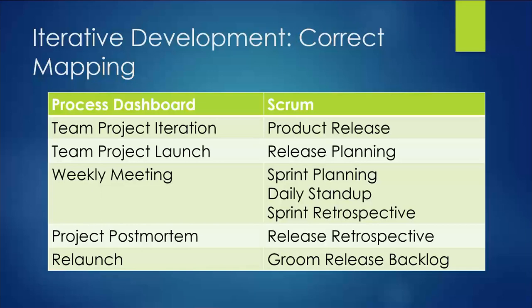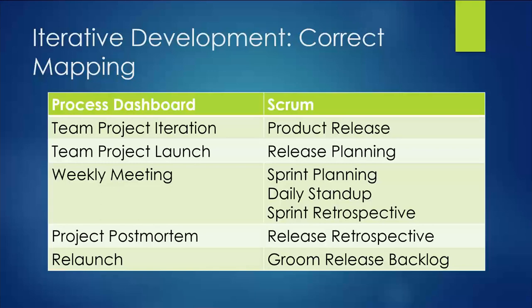You might call it a program increment, you might call it a release. But that larger group of work, program increment or a release that might be 2 to 4 months long, is what maps most closely to the concept of an iteration in team software process. So in that sense, the team software process's high maturity planning session maps very closely into what Scrum would call